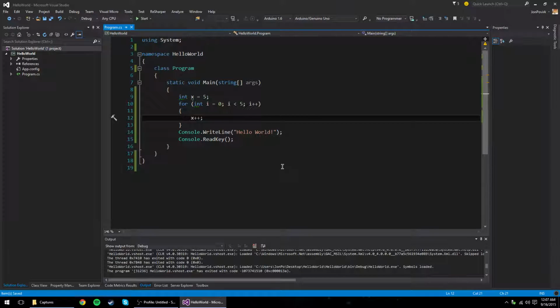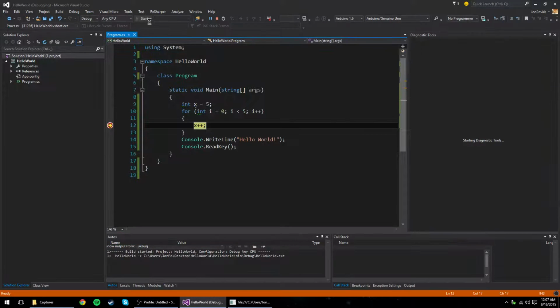So if we take a look at this, let's say we want to debug it. What we can do is set a breakpoint. We can either click over here to add one, or we can hit F9 if you're a keyboard shortcut person. So we'll go ahead and hit the start, and you'll see it stops at